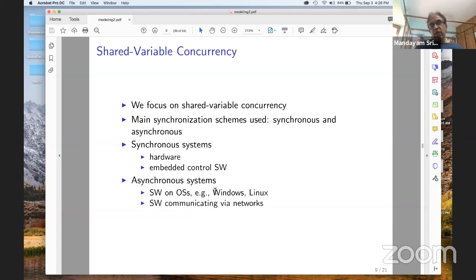Asynchronous systems represent that communication paradigm which is more suitable for software, such as software processes running on an OS. For example, forking, C11 and P threads, and those kinds of things, or even software communicating